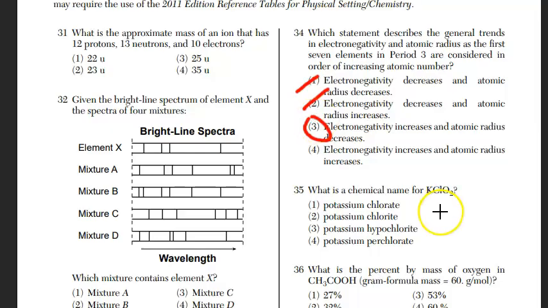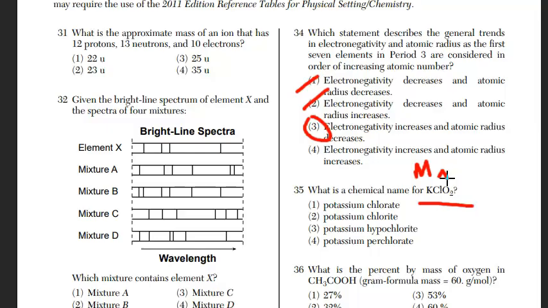What is the chemical name for KClO2? I hope you can recognize, just looking at the formula, you have a metal in potassium, and then you have two nonmetals in chlorine and oxygen, which means there is a polyatomic ion here in this formula. So that's the first thing. You really just want to break apart the formula. It's not an organic